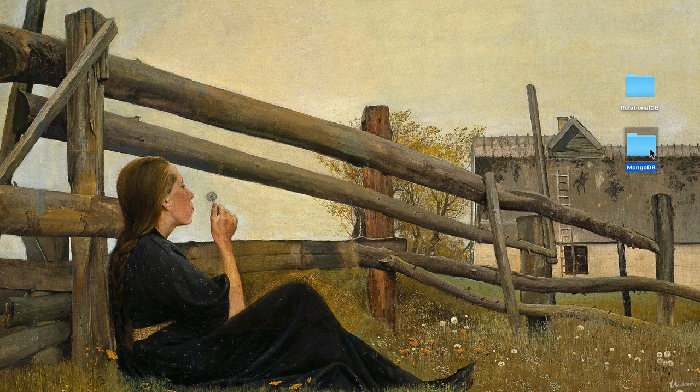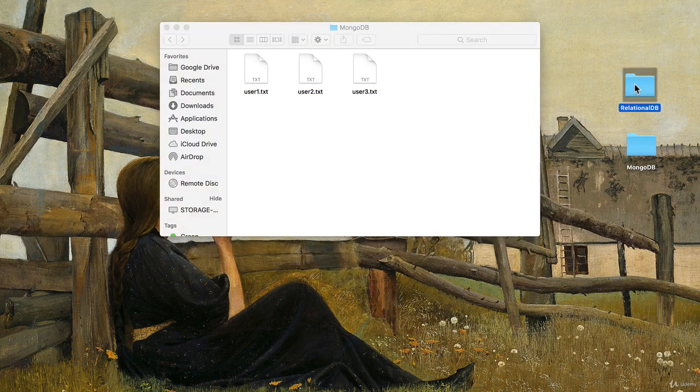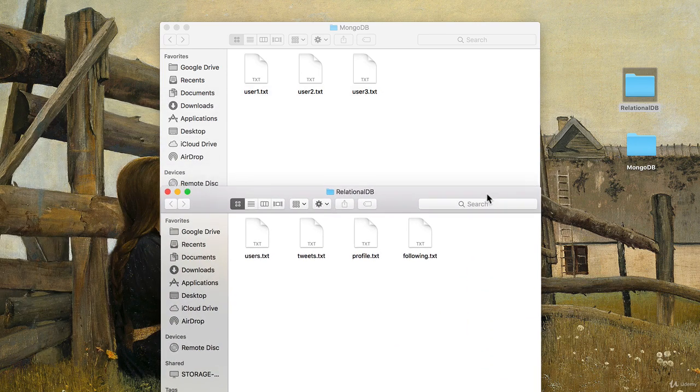MongoDB, on the other hand, will actually have each user as a document. So if I wanted to grab the first user, well, I just grab this document and it has all the followers, the tweets, the profile, everything is in this one document. And you might be thinking, MongoDB looks like a better choice than having this way of doing things, right? Well, it depends on your need. And that's why databases is such a complex topic. It really, really depends on your situation.